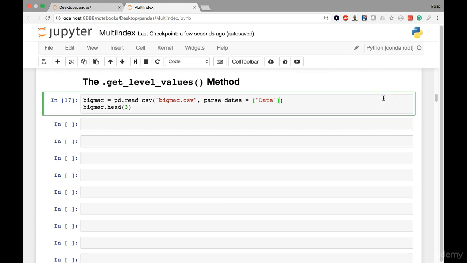All right, in this lesson, I'll introduce the getLevelValues method, which is actually called on the index of a multi-index data frame in order to extract one of the levels or the layers, more specifically the values within that specific layer. But before I get to this method, I wanted to introduce an alternate syntax that we can use to